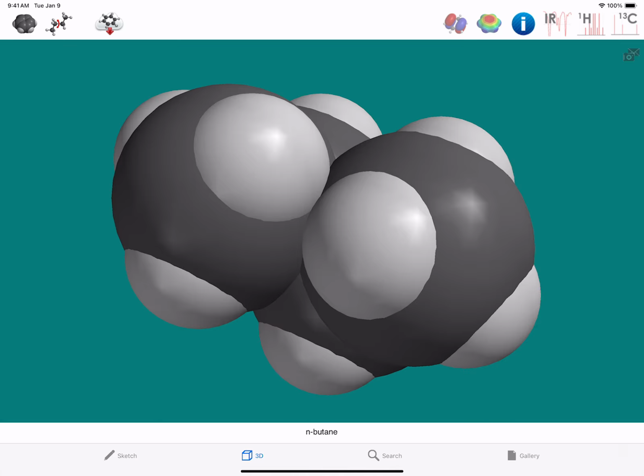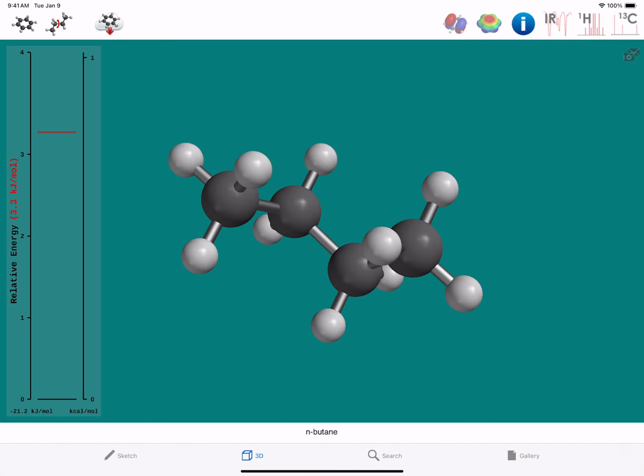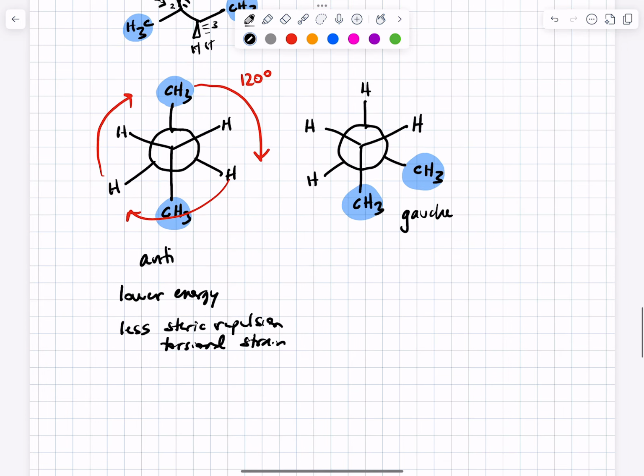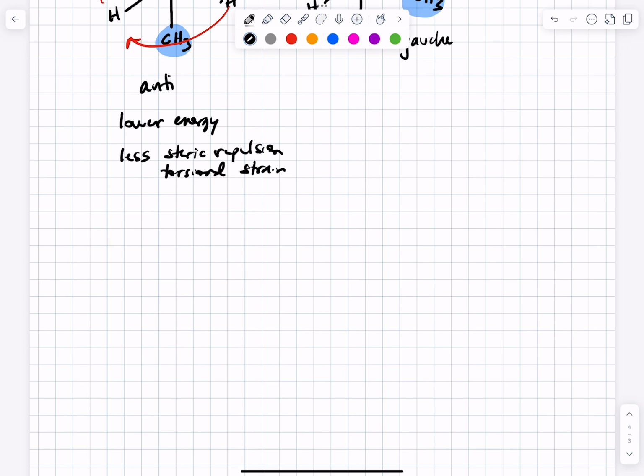Yeah? So there's a question on the study guide where there's like a pentane. I think there's another methyl group. And no matter which way you rotate it, the groups are always going to be gauche to one other methyl group. How do you determine which one is most stable when they're all kind of the same? Yeah, so I'm not exactly remembering the problem in the study guide, but we could